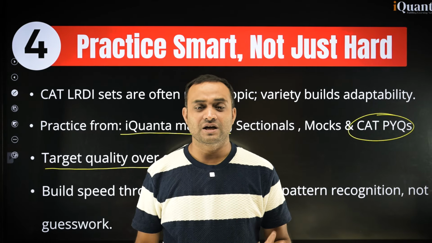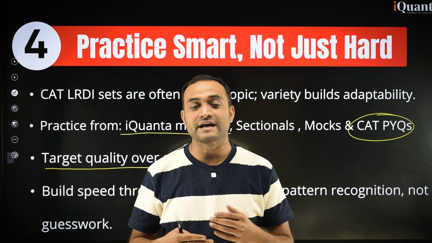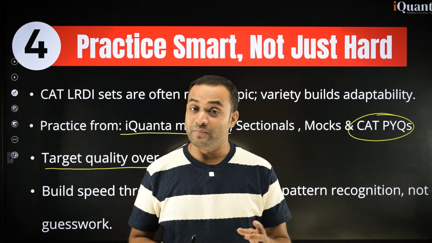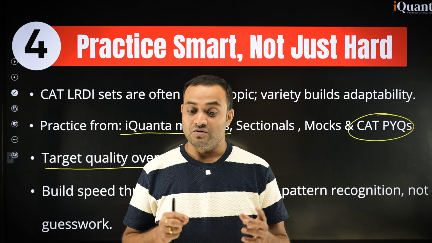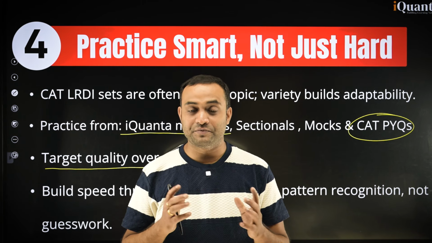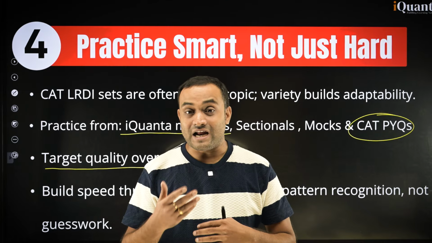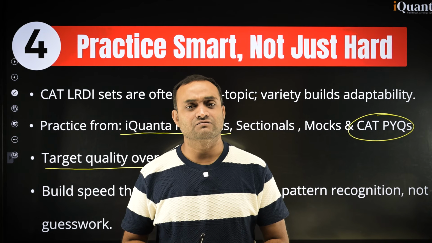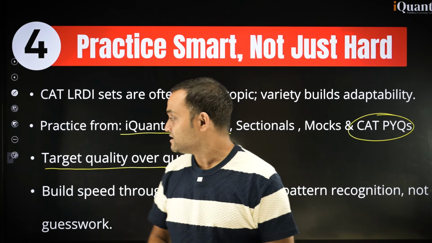It does not matter if quality is not good, if quality is not updated as per the latest pattern. But if you solve 100 LRDI sets only, those are quality sets, updated content with right approach, you might get a very good shot at getting 99 plus percentile in this section. Okay, so